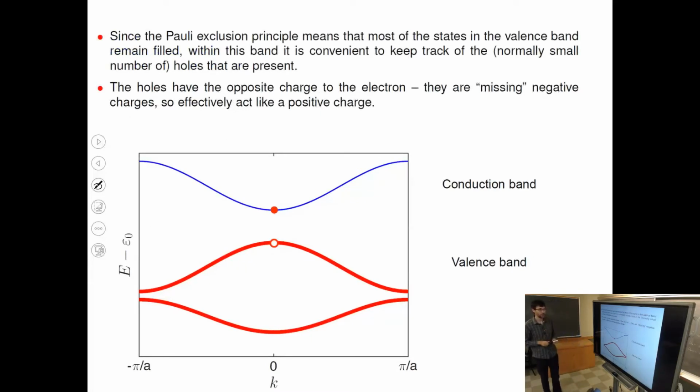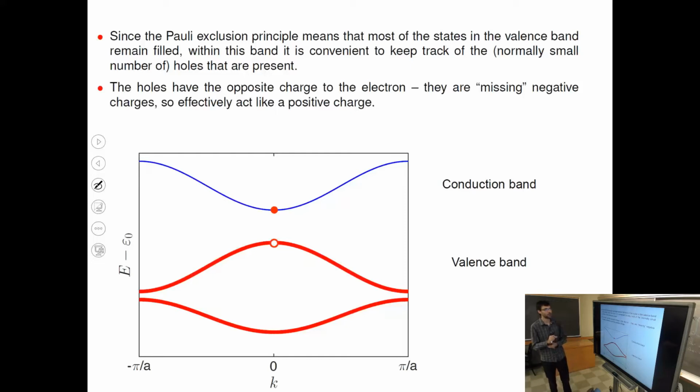Now, first thing about holes is that if there is one hole in the band like this, it will gravitate towards the top of the valence band. Why is that? Well, you can think about it from the point of view of electrons. Electrons obey the Pauli principle, and all these red states are electrons. They will try to take the lowest energy, so all the electrons will fall down. So the missing one will be at the top. That's why the hole will be at the top.